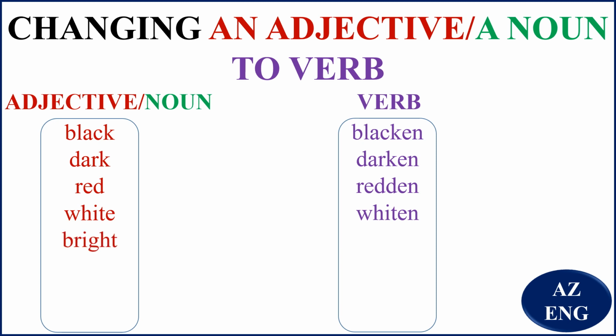This is bright. When you say something is bright, it contains shining in it. So if I want to change this into a verb, I say brighten. So for example, I want you to brighten this thing. That is, I want you to increase the brightness of it. And you can also say that the thing brightens. That is, the brightness in it increases.